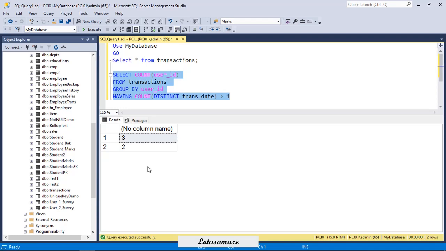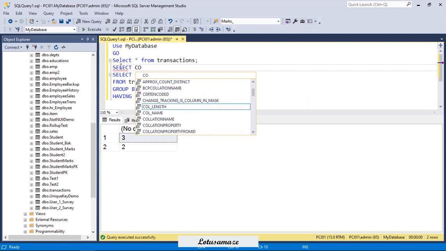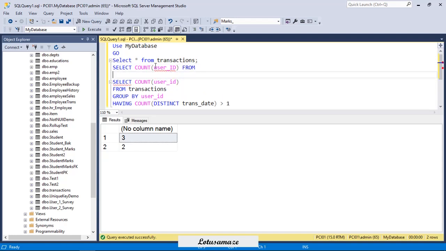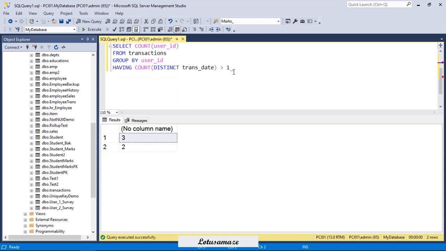For using a derived table or nested query, we have to have a parent query. So for the parent query, select count user ID from, open bracket, then close bracket as table name.